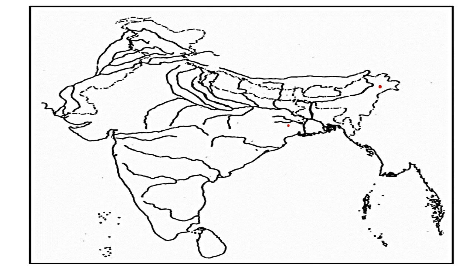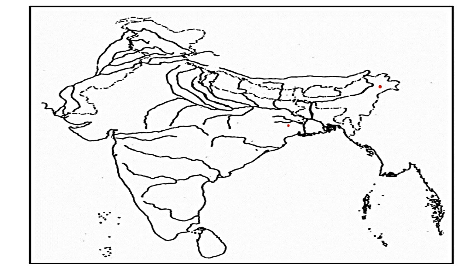Now let's learn how to mark direction of winds on the map. According to your reduced syllabus, you are required to mark southwest monsoon winds and northeast monsoon winds. Southwest monsoon winds includes Arabian Sea branch and Bay of Bengal branch. As per their direction, just 2 arrows are sufficient and it must be marked either in blue or in black color. The western coast gets rainfall from southwest monsoon winds, from southwest to northeast during summer.